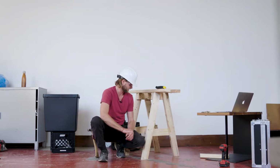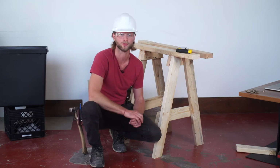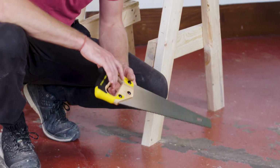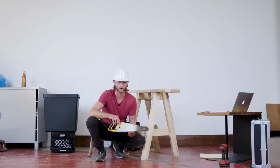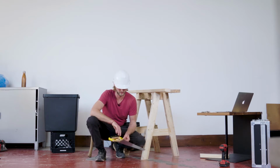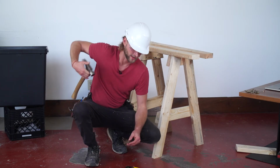This is what we're building today. I'm going to go step by step through it with you. So for this project, you'll still be using only hand tools. Number one, you're going to need a handsaw, which will be given to you. You're going to need a hammer,